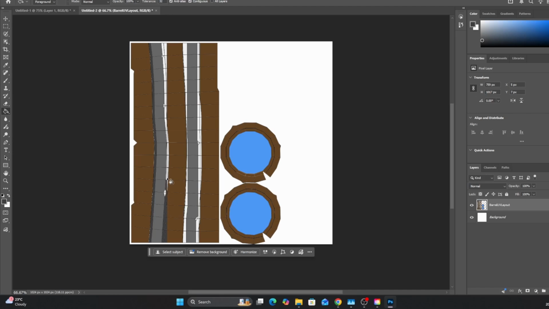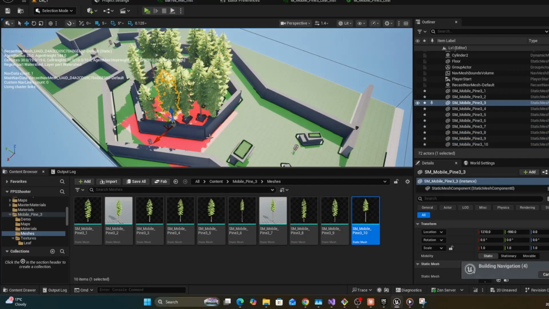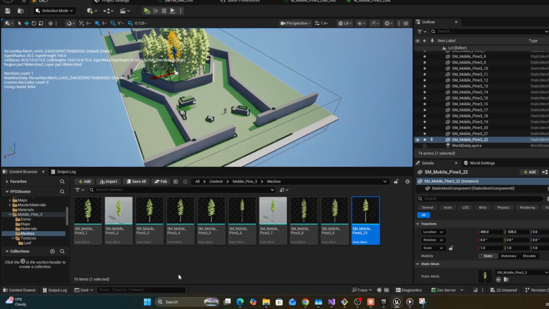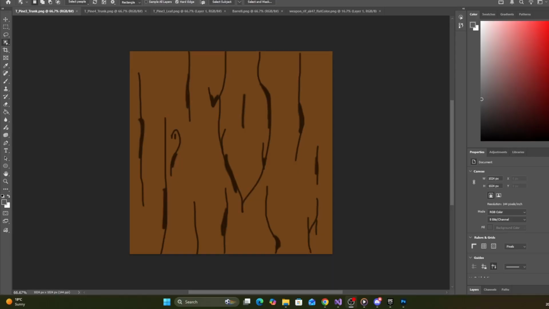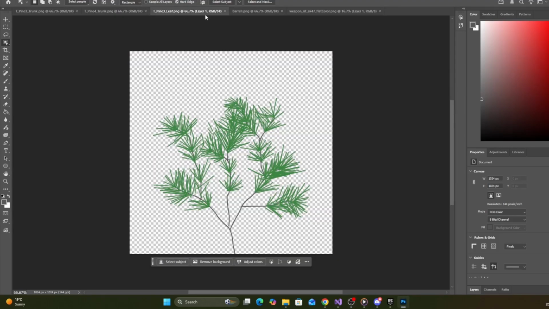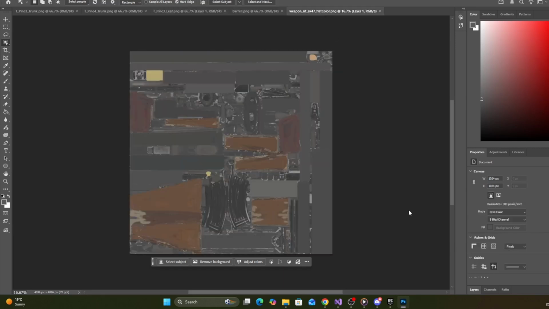Once I had the textures for the barrel, I started working on trees. I got the tree models from the marketplace, like the Fab Store, but that had realistic textures, which was not in alignment with what I wanted. So I had to develop textures by myself. I started developing the tree barks, the tree leaves, and also I had to work on other textures like the gun. Even that had a realistic feel to it. I didn't want the realistic feel. I wanted the cartoony feel out of it.